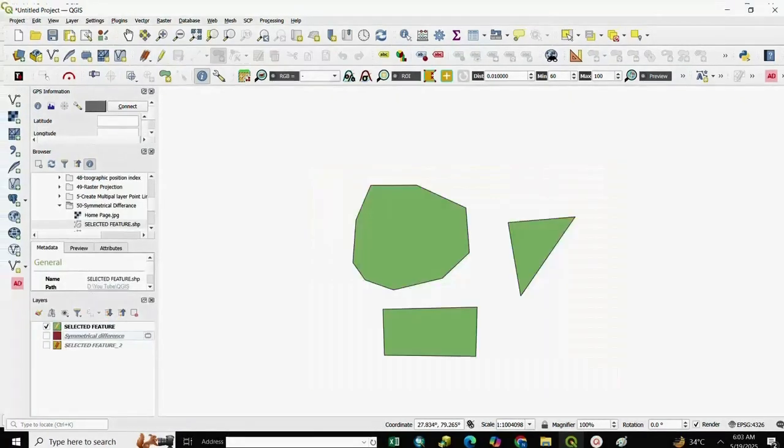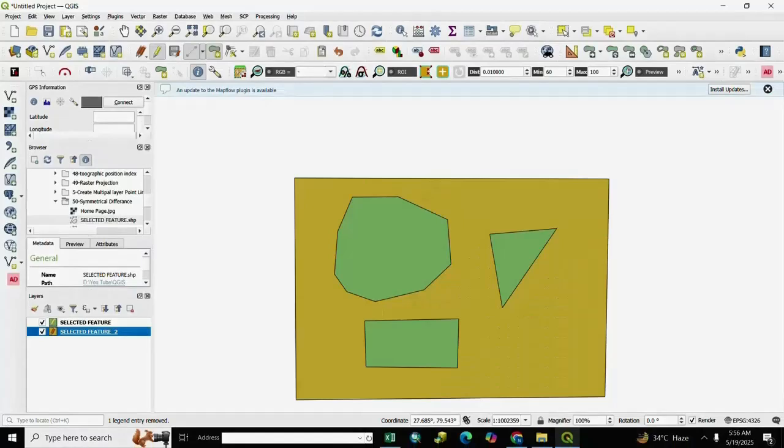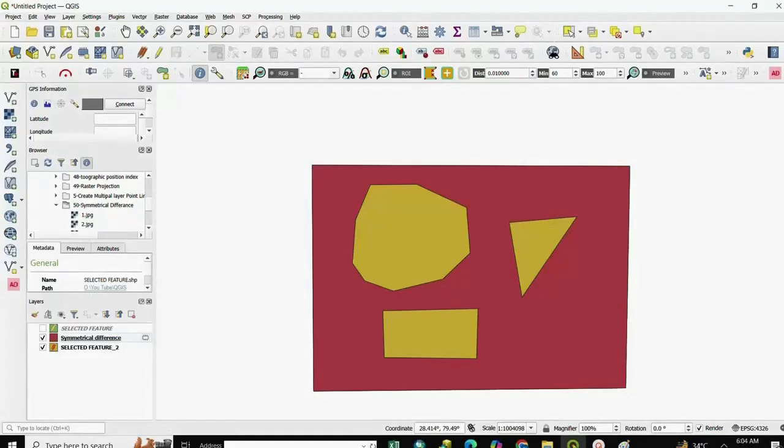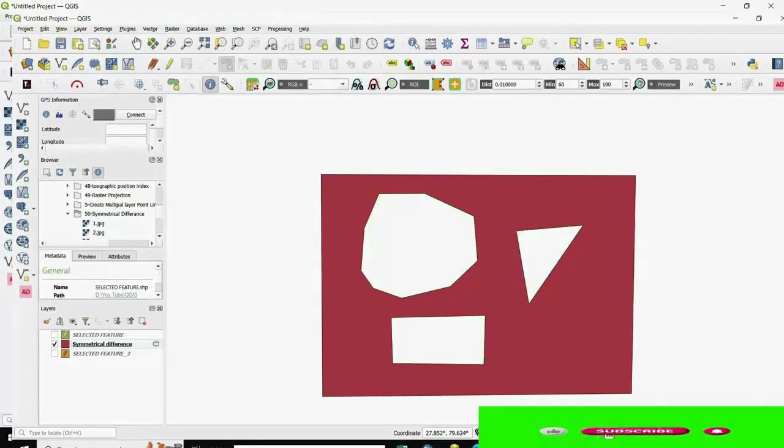Symmetrical difference of overlay areas. If you want to create an overlap area and correct your overlap area, and if you want to create an intersect area, meaning A union B and B union A, otherwise A minus B, B minus A area. So it is very important for you. So please listen carefully to this video to the end.